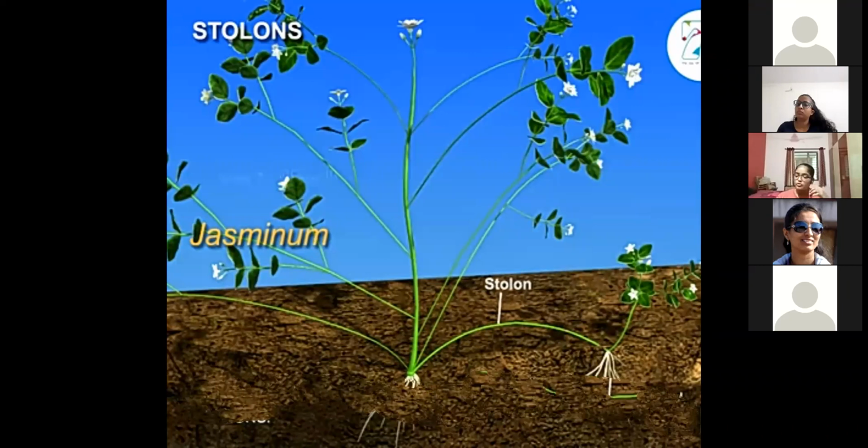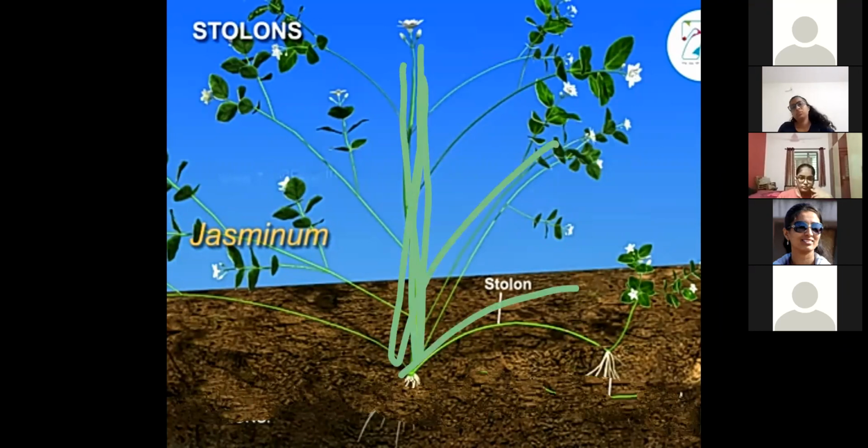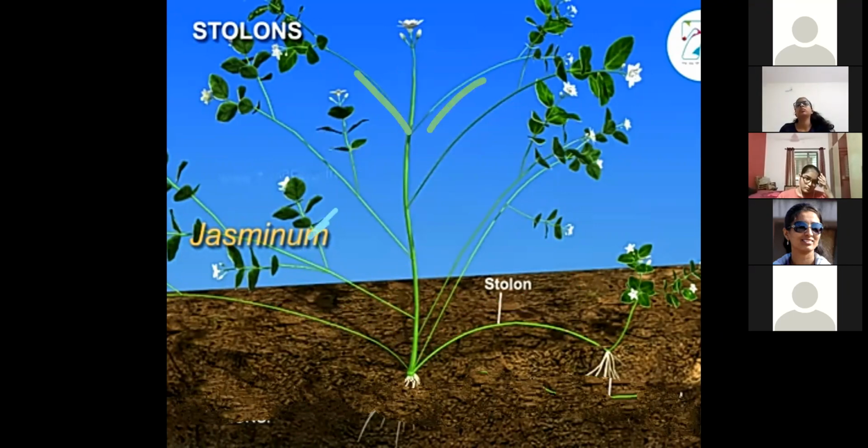If you can make out over here, the main stem axis is there, then their branches are initial, newly developed, that's why all are greenish in color. Later on they all become woody, right? So the branch which is nearer to the soil surface, branch of the stem, this is the main plant body, mother plant, we can say that, right?